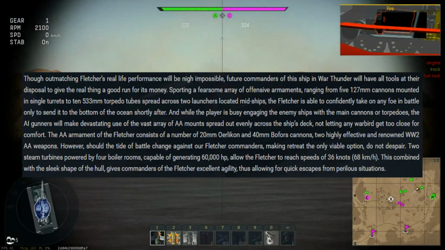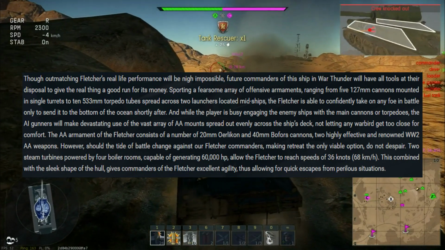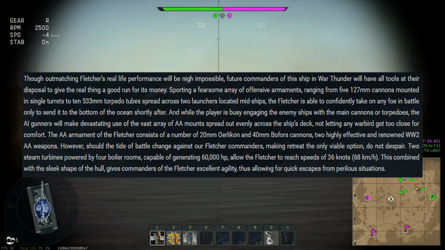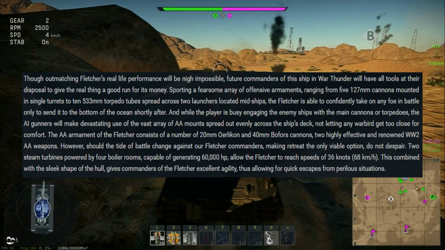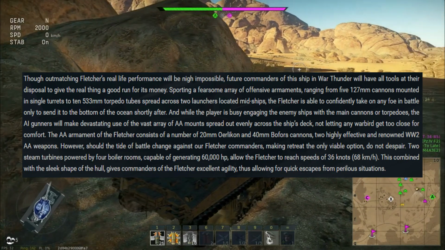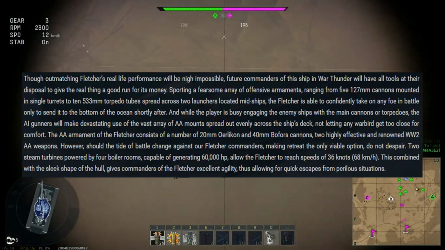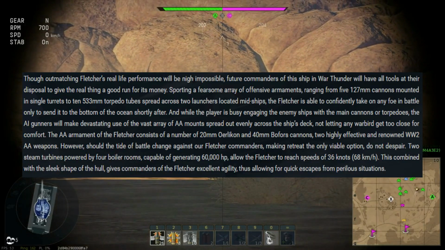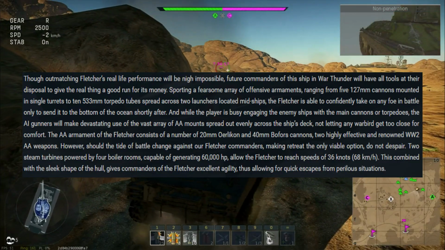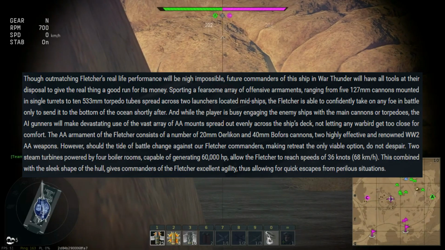Though outmatching Fletcher's real-life performance will be nigh impossible, future commanders of the ship in War Thunder will have all tools at their disposal to give the real thing a good run for its money. Sporting a fearsome array of offensive armaments ranging from 127mm cannons mounted in single turrets to 10 533mm torpedo tubes spread across two launchers located midships. The Fletcher is able to confidently take on any foe in battle, only to send it to the bottom of